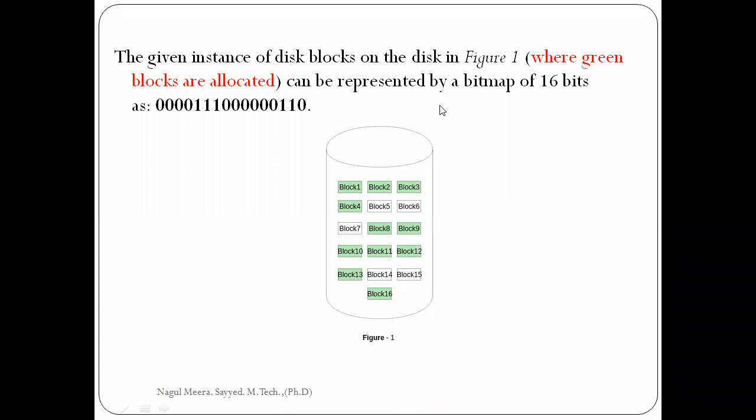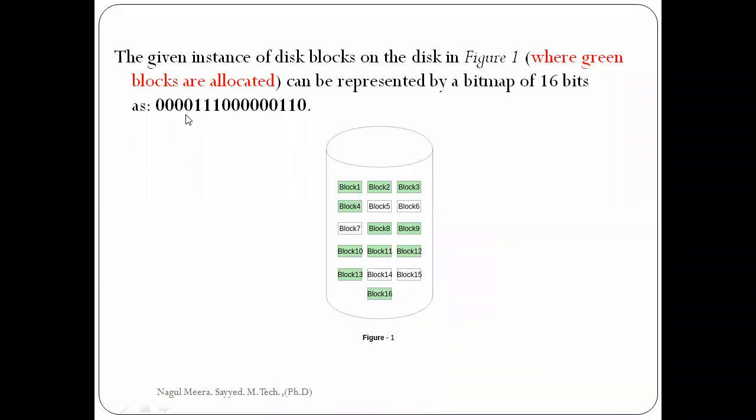Here, a total of 16 bits are there. Now tell me which block is empty and which block is already occupied with some data. In the bitmap, it is zeros and ones. 0 means occupied, 1 means free. Now what about the first block? Tell me the first block value. Somebody sent 0. Yes, exactly. 0 means occupied.